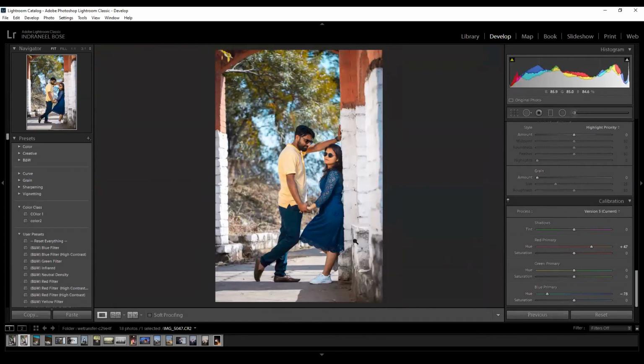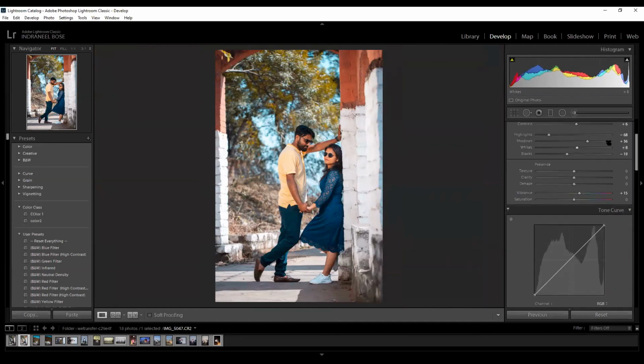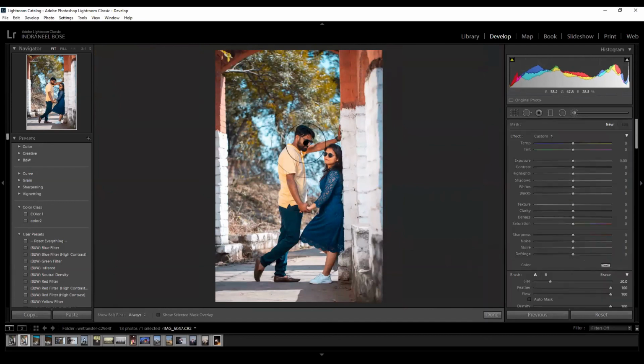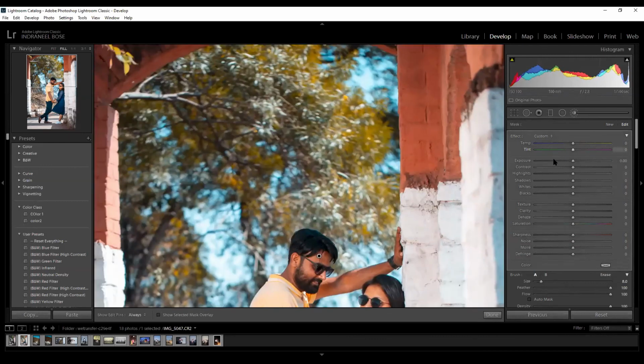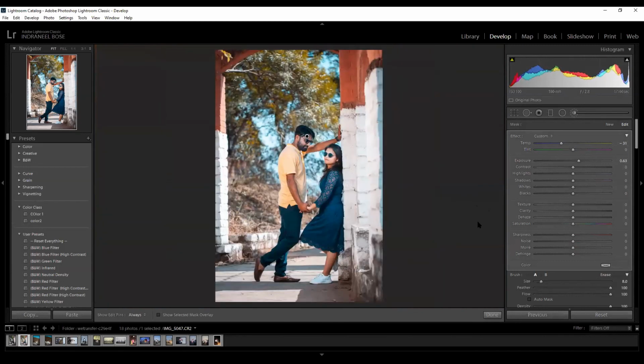But you have to work individually on the skin part with masking, and try to enhance the exposure a little. Got it? Now the same goes for the shirt part also. Done.